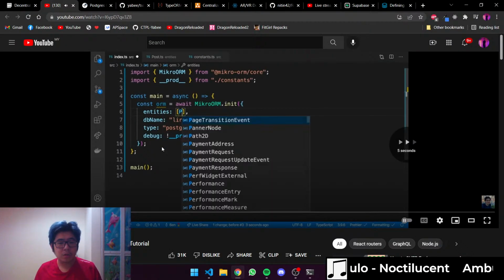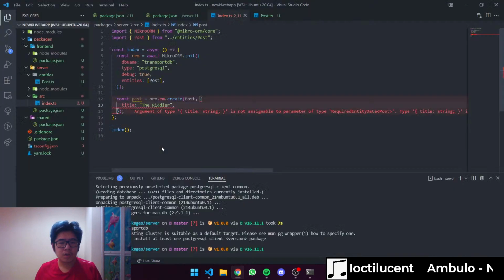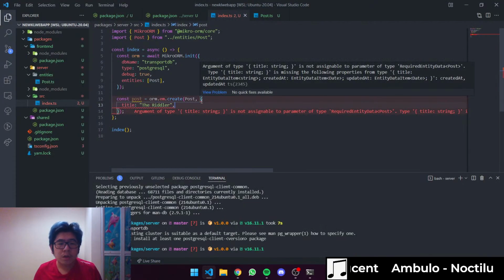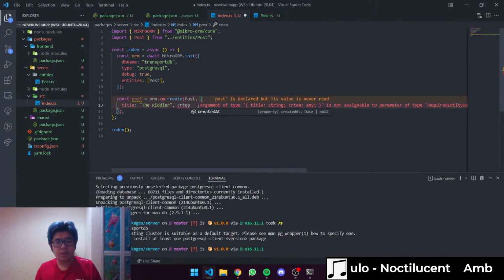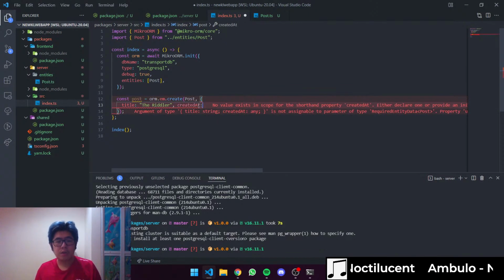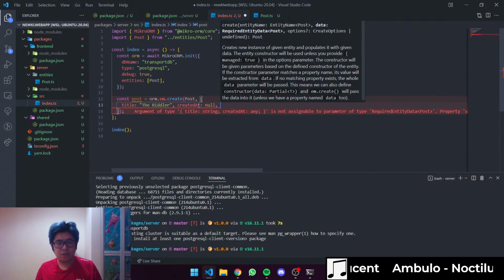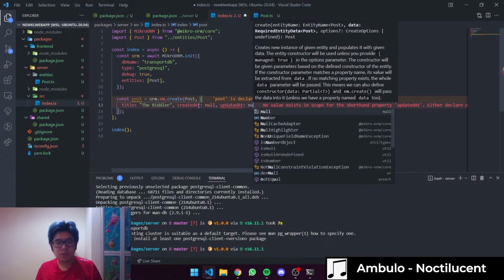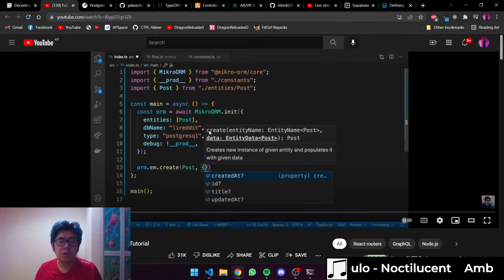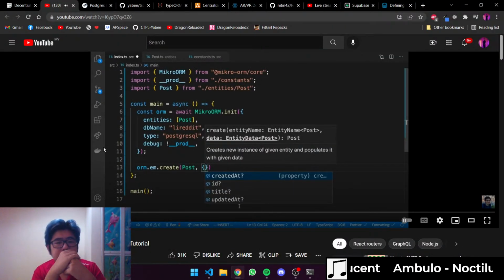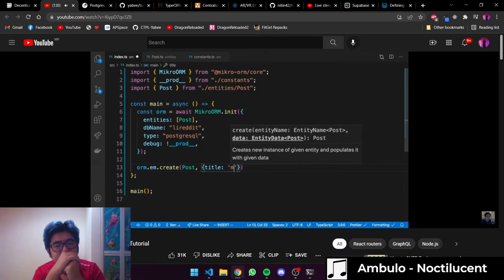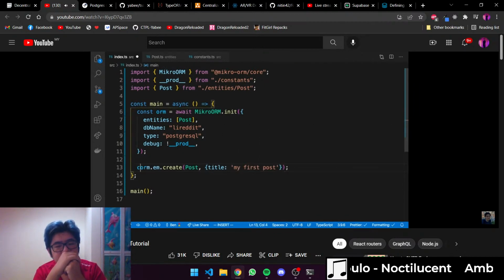Special little hook that here, like I want to create a post. And here I can do control space, see what I have access to. All these should just like default get created for me except for the title, so I'm just gonna specify a title here. Now, how MicroOrm works is it's kind of doing that whole like heavy ORM thing where you create posts, and